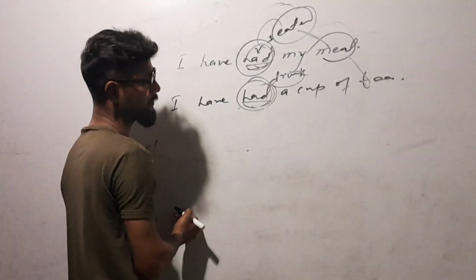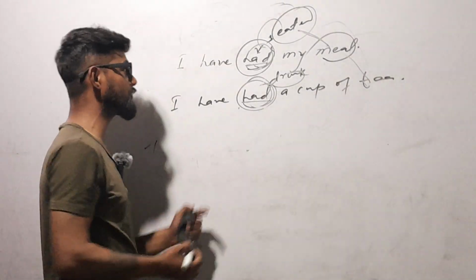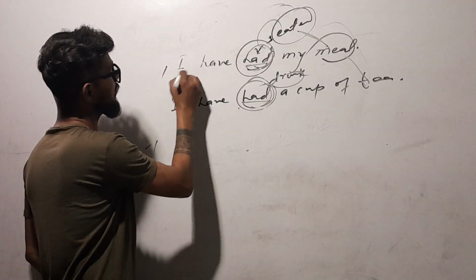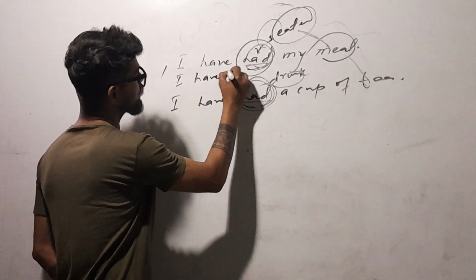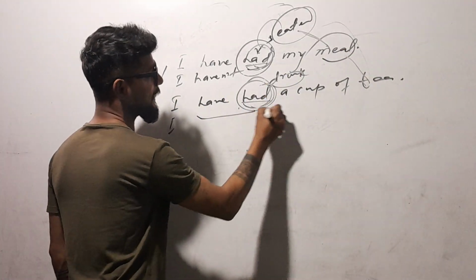This is verb 3. And when we convert and change into negative, what? I have not or I haven't had my meal. I haven't had a cup of